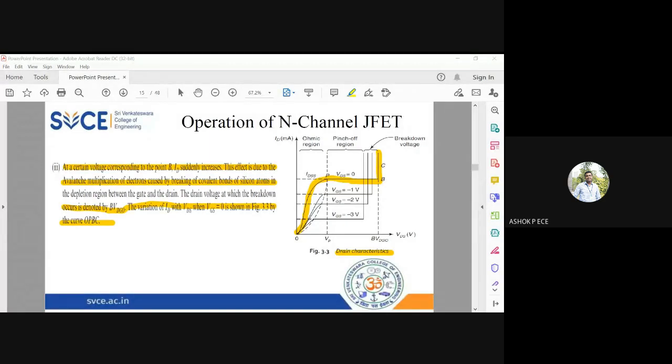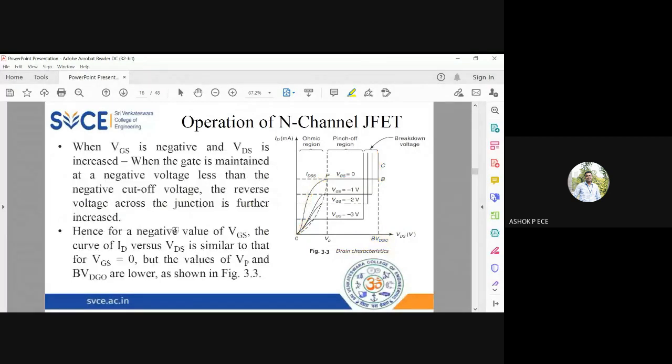Can anybody recollect and say what is the difference between that graph and this graph? The graphs were almost the same, right? It was increasing, then constant. Here also the same, and constant. Here, the breakdown happens at a very near voltage itself. But we would not have spoken about breakdown in the BJT graph. We would have just stopped with this portion. Now breakdown will happen at a very large voltage, but in effect, the breakdown happens at a very reasonable voltage of VDS. So that is the big difference between the characteristics of BJT and FET.